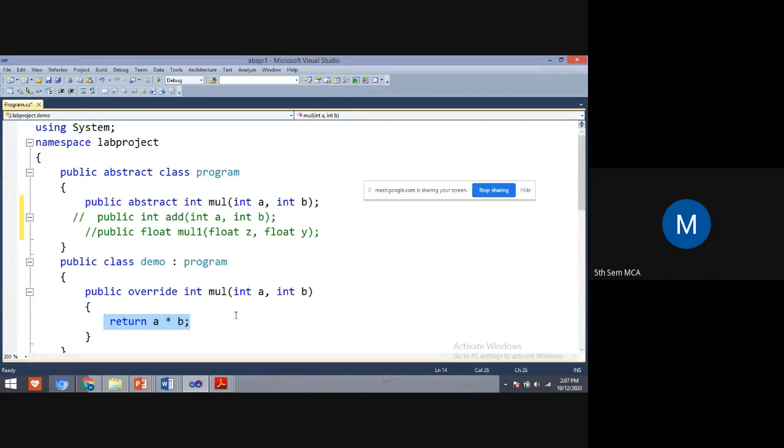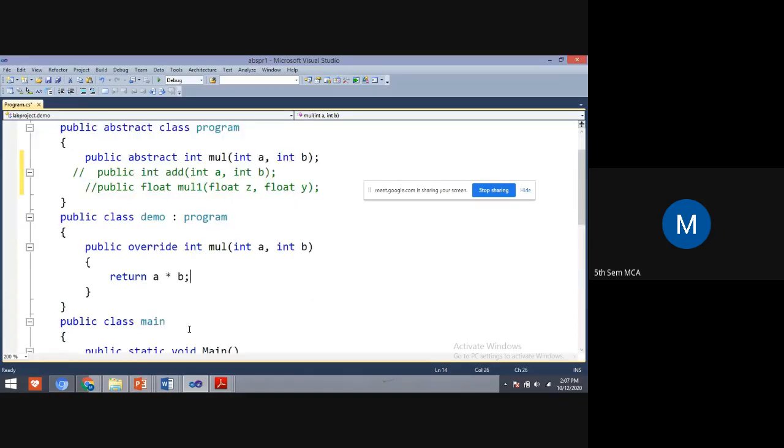The program which I explained in the class, once again I'll explain that program. Don't keep any doubt in your mind, students. Whatever doubt you have, please ask me. So the abstract class should have minimum one abstract method, and in the abstract class we just declare the abstract method. And the implementation will be done in the derived class. So that is written A into B.